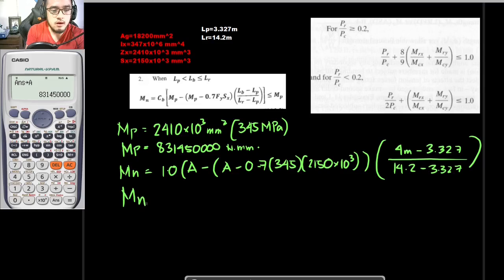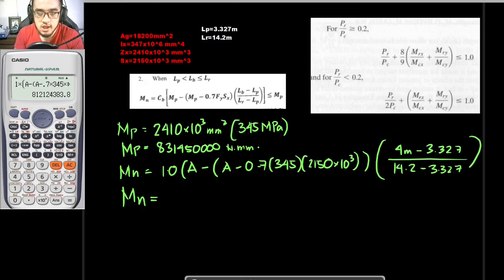So, from here, our value for our nominal flexural moment would now be equal to 1 times parenthesis A minus, parenthesis again, A minus 0.7 times 345 times 2150 times 1000. So, closing parenthesis times 4 minus 3.327 divided by 14.2 minus 3.327. So, our answer here would be